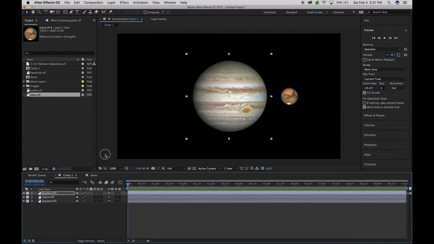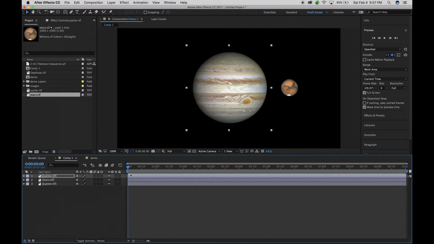But the way it looks, it makes it look like it's orbiting. So that's a way of using the toggle keyframe to turn the visibility of Mars on, or Jupiter on and off. So that can be a really handy tool to give you a